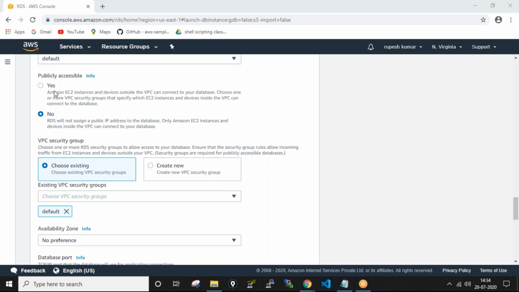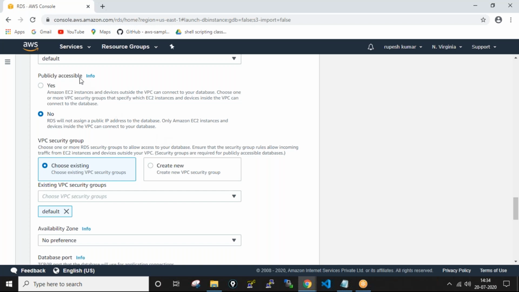So public accessible: what should I select here? Either I can select yes or I can select no. Select no. So in case I select yes here? See the name here, publicly accessible.